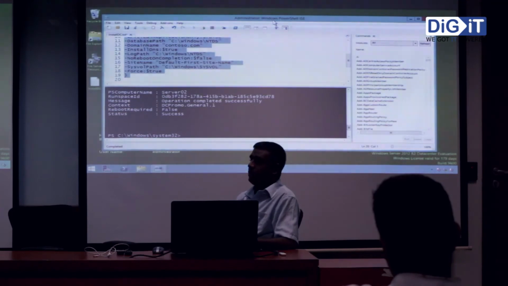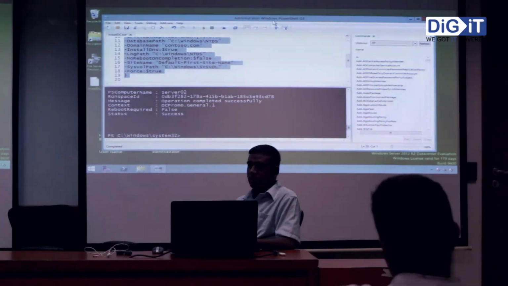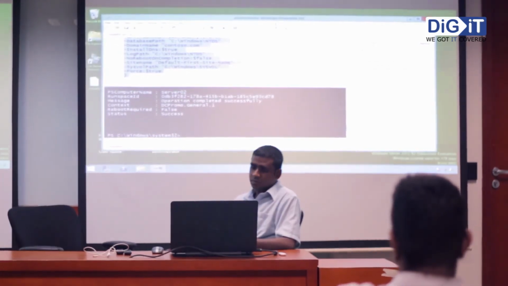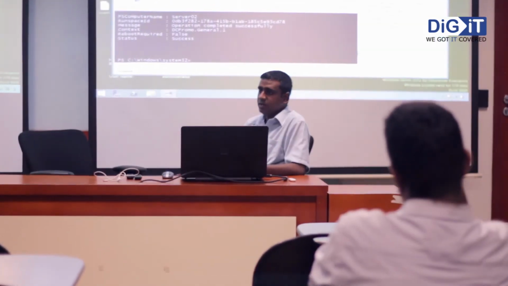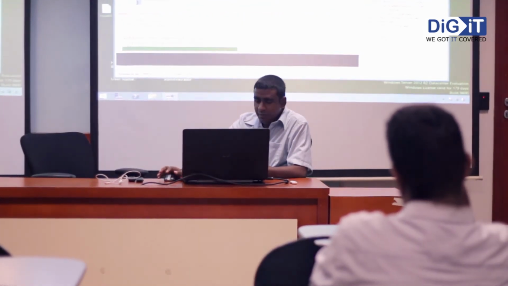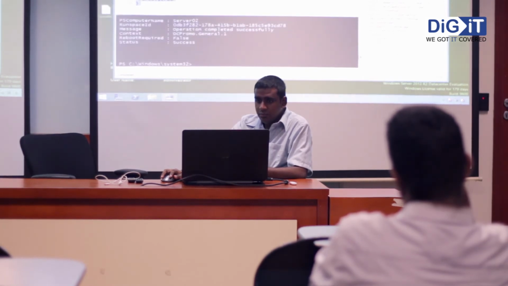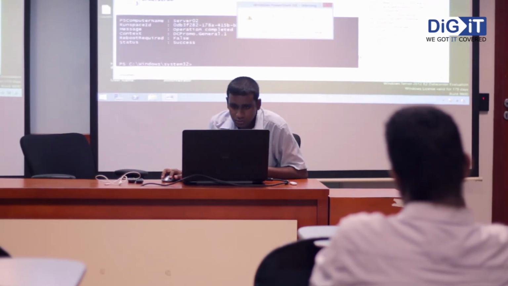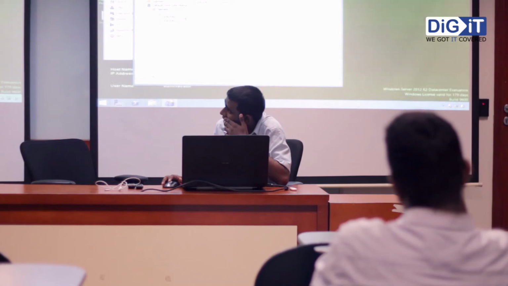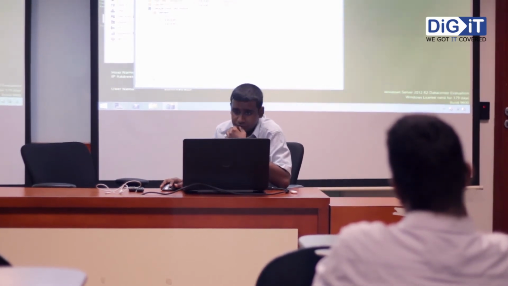So say now I have like 5-6 servers which have been already configured with the roles. I can get the script from the first server and run it simultaneously on all those servers. You can open a tab again here and complete that. So I'm going to save. When I go here to the server manager and go to Active Directory Sites and Services, go to servers, you can see server 1 and 2 both are there as domain controllers.